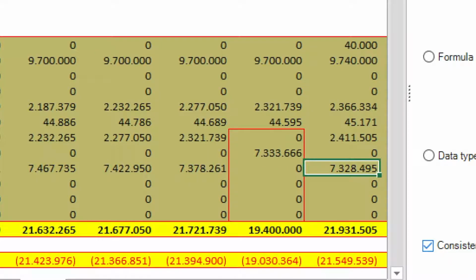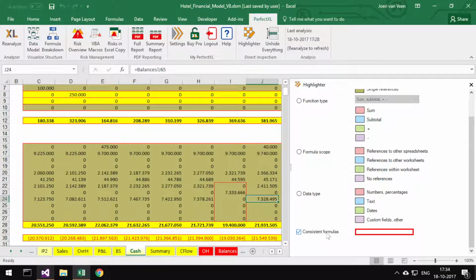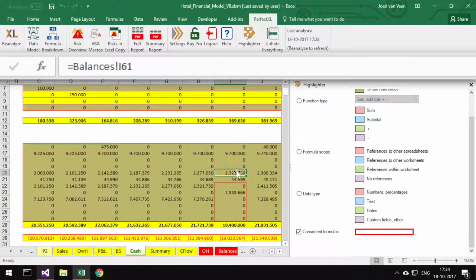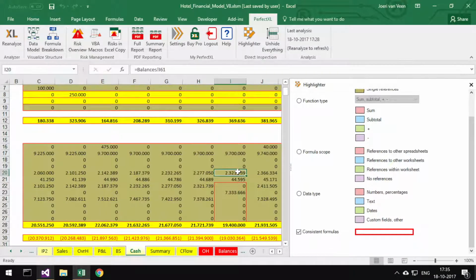apart from over here. For some reason, there seems to be a different formula in the middle of this calculation block. Let's see, it goes from a reference to balances I61, I62, I64. Ah, right. That's a mistake. Fixed in a jiffy, but I wouldn't have easily noticed without some visual clues as to the structure of the